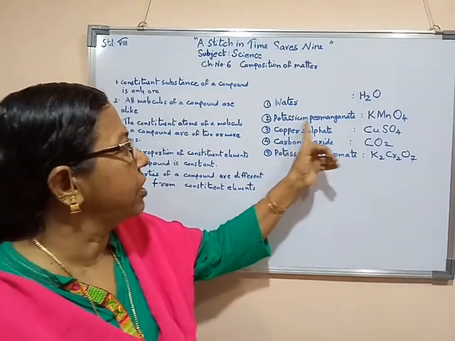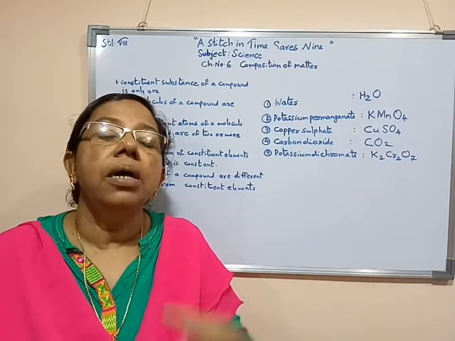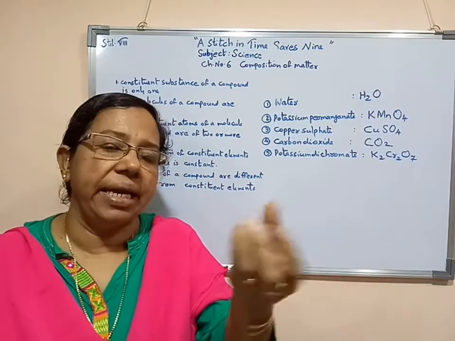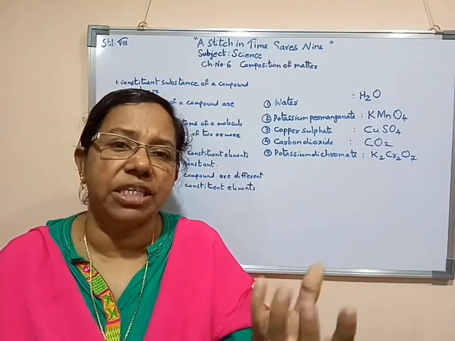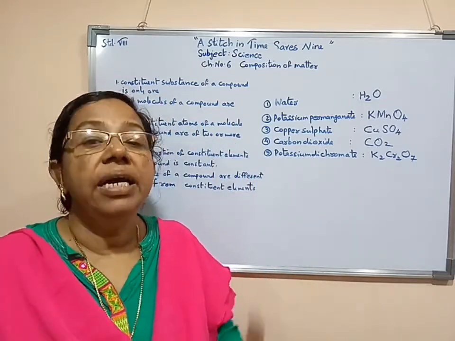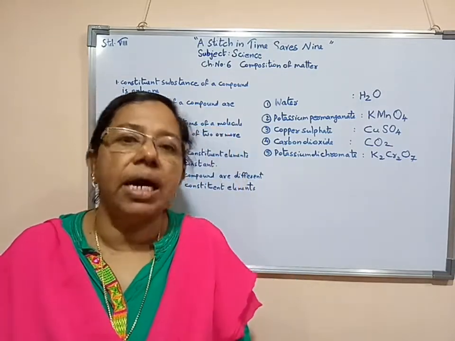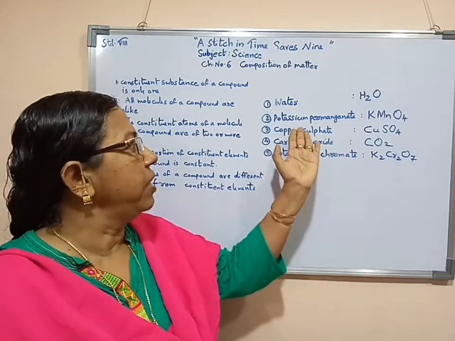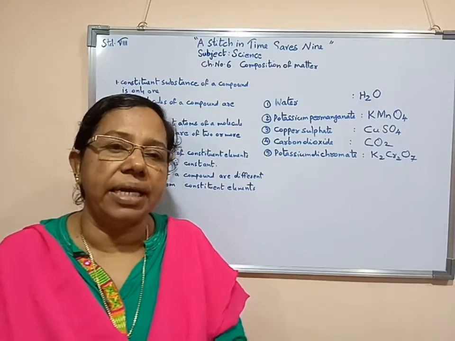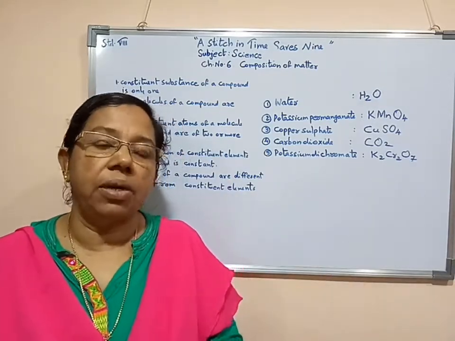Similarly, if you are thinking of potassium permanganate, we can buy one box of potassium permanganate, or a small plastic cover, or take a little quantity. But however much we are taking, in that only potassium permanganate will be there. Carbon dioxide gas, if we compare, in that only carbon dioxide gas will be there. Copper sulfate, if you are taking, in that only copper sulfate will be there. Then potassium dichromate, if you are taking, in that only potassium dichromate particles will be there,